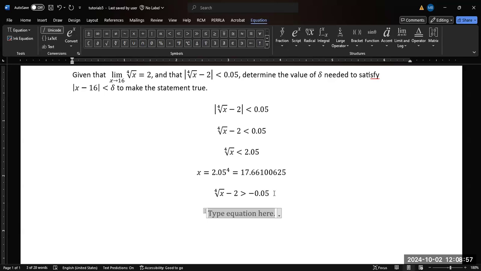Usually these problems have some kind of rounding requirement at the end, because depending on the kind of function you have, you might end up with, like if this was a third root or something, repeating decimals or something, and we don't really need 8 decimals. Now the second one, we're going to solve exactly the same way. So we're going to take the 2 over to the other side. So that's going to give us the fourth root of x is greater than basically 1.95, right? Because we add 2 to that. And then we raise everything to the fourth power. So x is 1.95 to the fourth. And we throw that in our fancy calculator, and we get